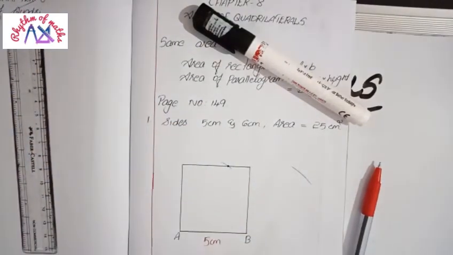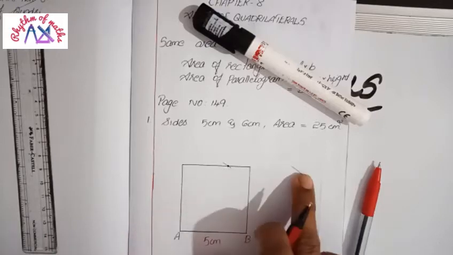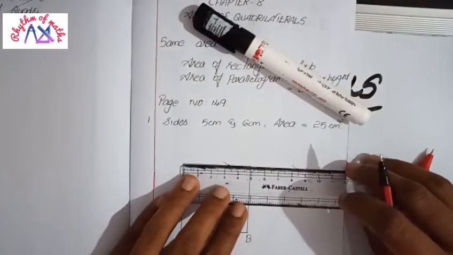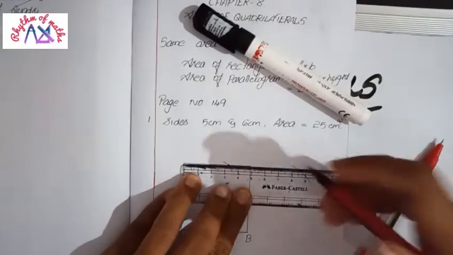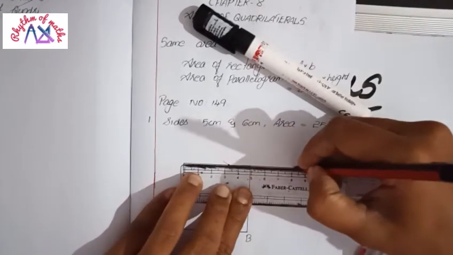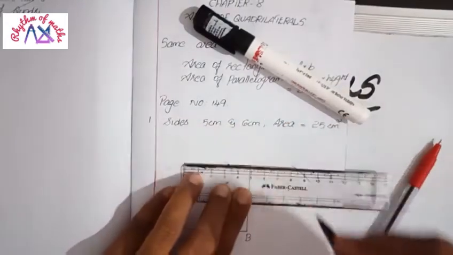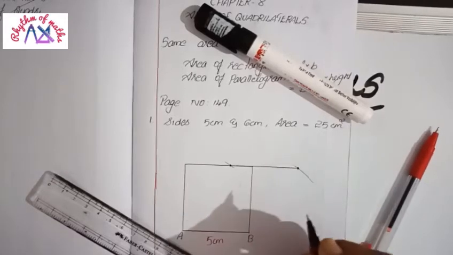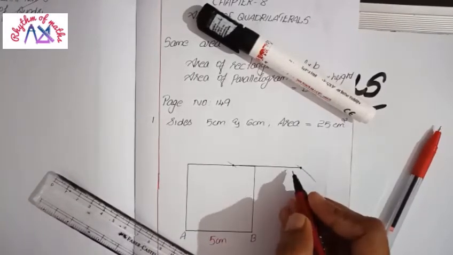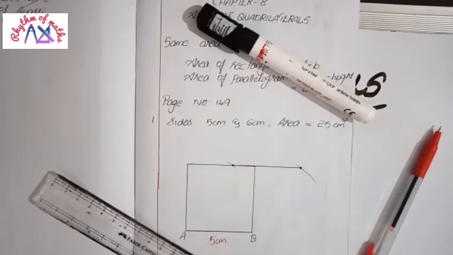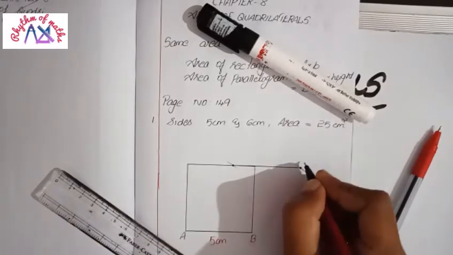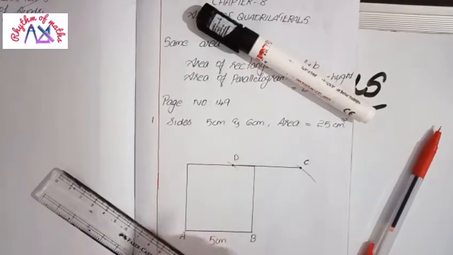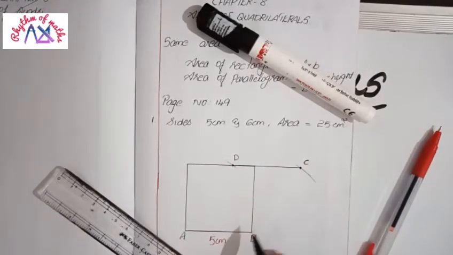Next step is extend the upper side. The 5 centimeter upper side we already drew, extend that side in the same way, just extend it so that the extended line touches the arc. So we will get another point here. These two points are the upper end points of the parallelogram. So A here, B here, this point we can consider as C and this point as D. Now join D to A and C to B.